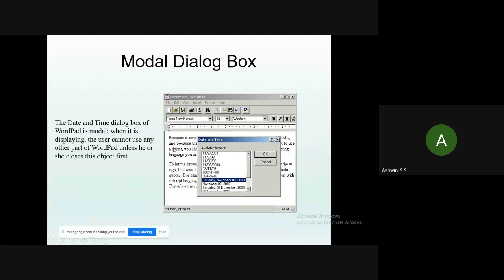Once you click any of these options, only then can you make the changes here. So until the action is taken by the user on the secondary window, the user is not permitted to make any changes on the primary window. That type of secondary window we call a modal dialog box.